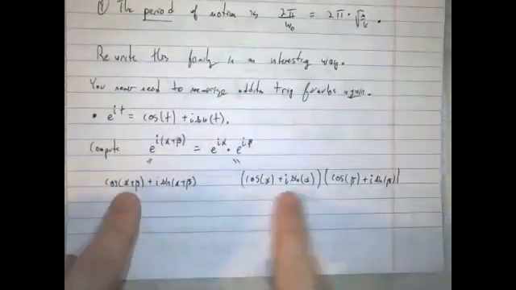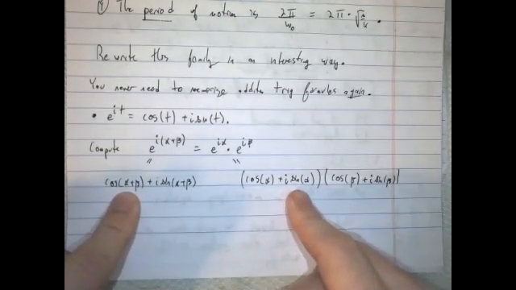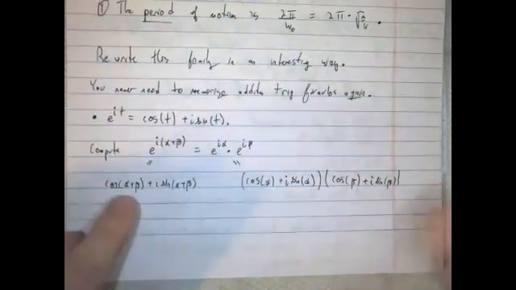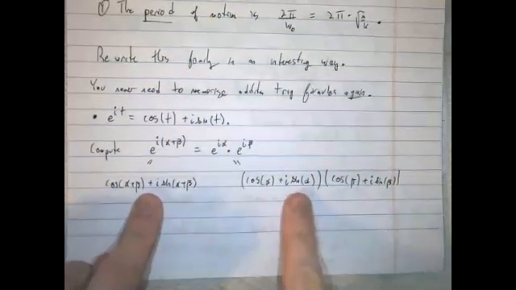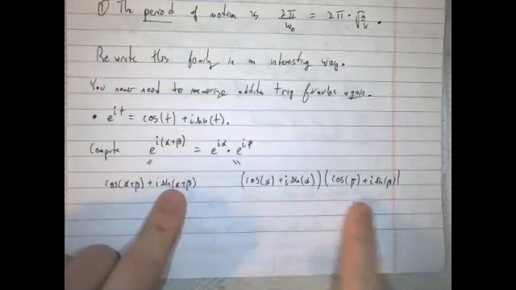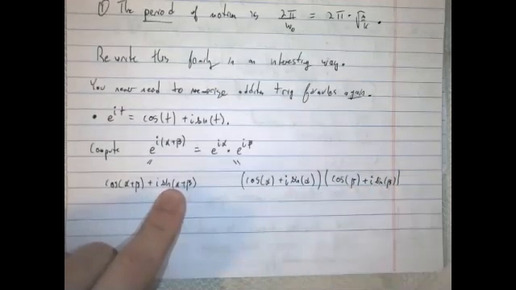Now, I know that these two things are equal, and if two complex numbers are equal, what does that mean about their imaginary and real parts? They must be equal. Yeah, the real part of this must be equal to the real part of this, and the imaginary part of this must be equal to the imaginary part of this. So all we need to do is find out how to express this in terms of real and imaginary parts,